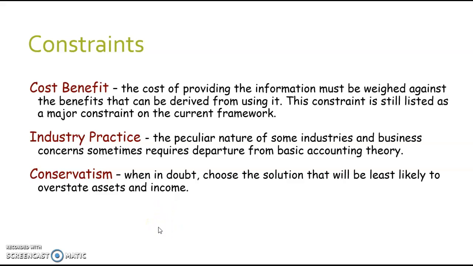Okay, and we got now to the constraints. Again, I didn't include the materiality constraint because we did already fully talk about that. We have the cost-benefit constraint, which still is on the current framework, the industry practice constraint, and the conservatism constraint. So the cost-benefit says that the cost of providing the information must be weighed against the benefits that can be